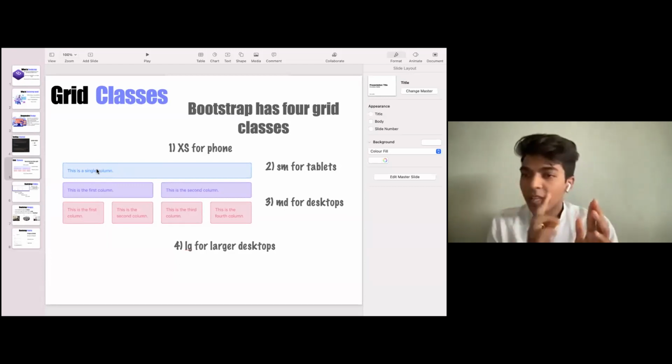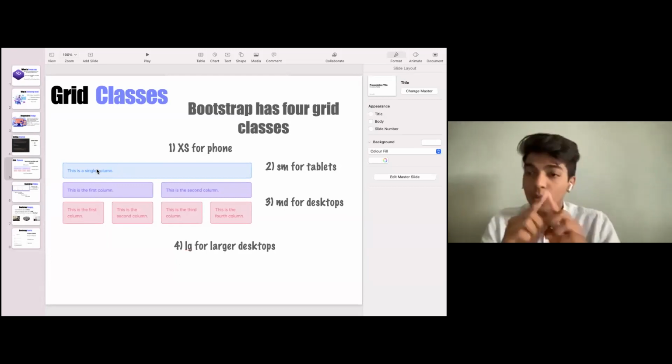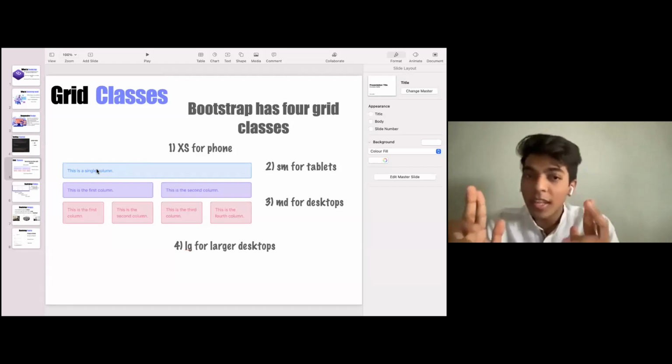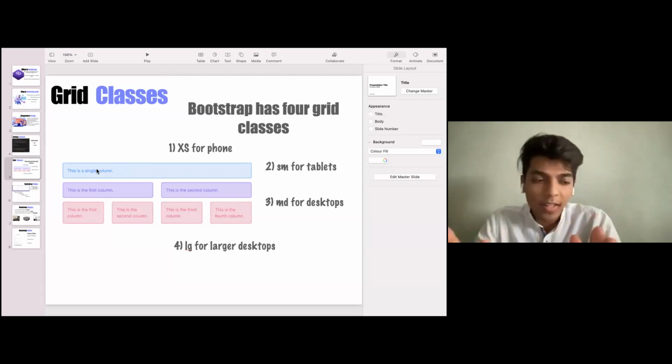So 1, 2, 3, 4, 5, 6, 7, 8, 9, 10, 11 and 12. This is something that the grid system has done precisely to the laptop screen, or to the screen of the biggest part. So 12 is something that is used all over by the laptop and by all of the parts.